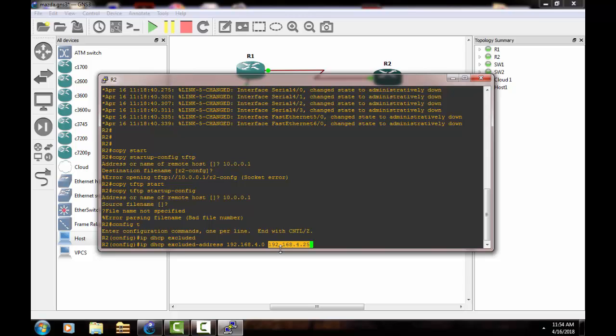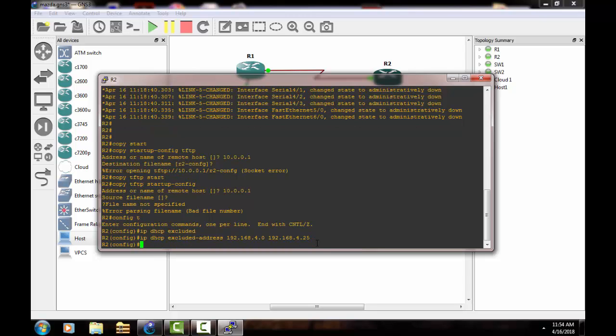DHCP. For configuring a DHCP server, we have to give this range of commands, which is the range of IP addresses which we want to exclude from being assigned to the hosts. Now we have to press enter. Now the second command is